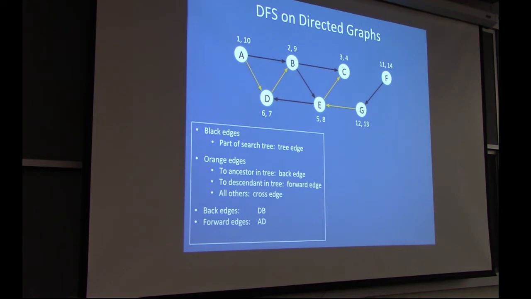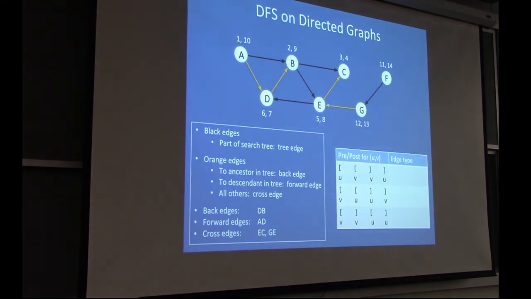So there's one back edge, one forward edge, and 2 cross edges. EC is also a cross edge, although they're in the same tree. What makes that a cross edge? It's between siblings, or between cousins, or second cousins, or whatever. But same level of the tree, if you want to think of it in those terms. All right, now,